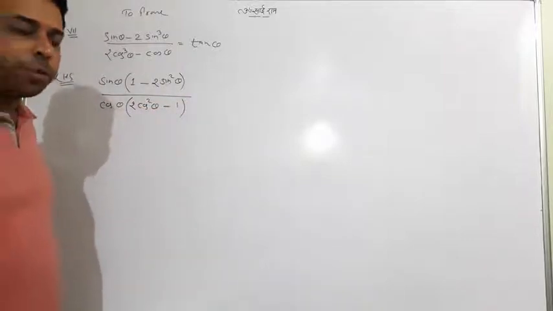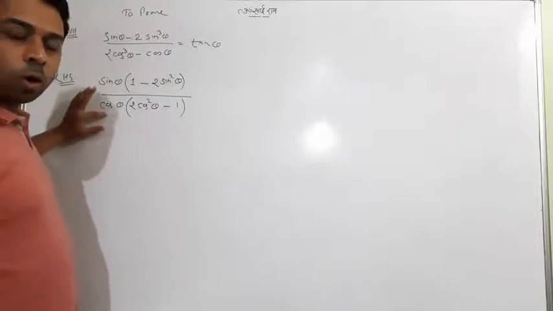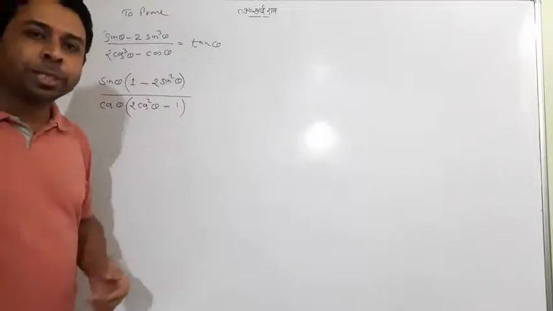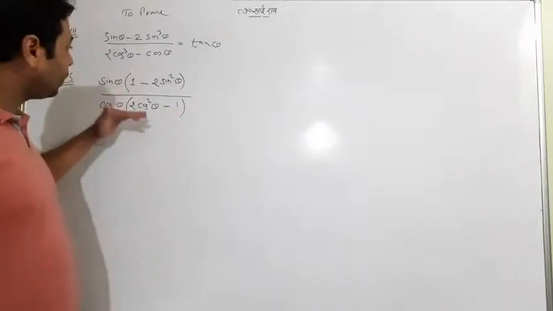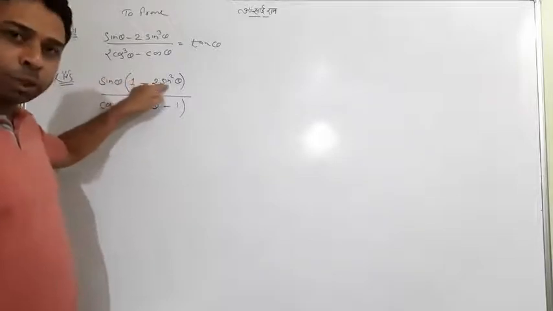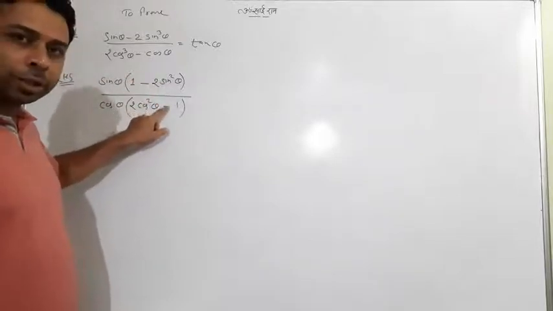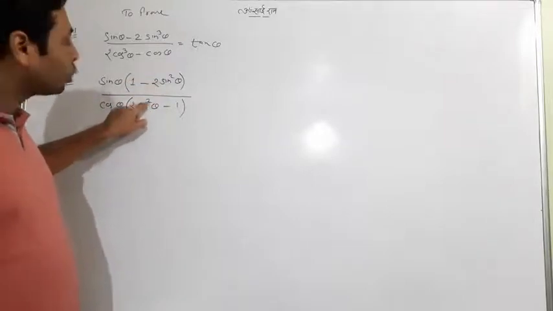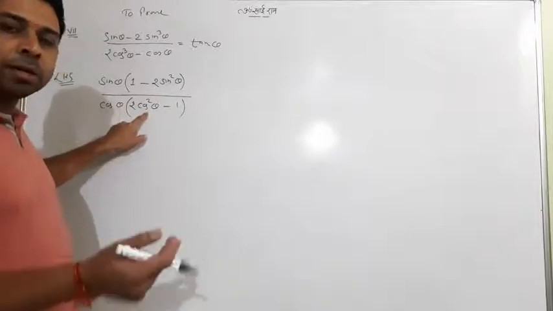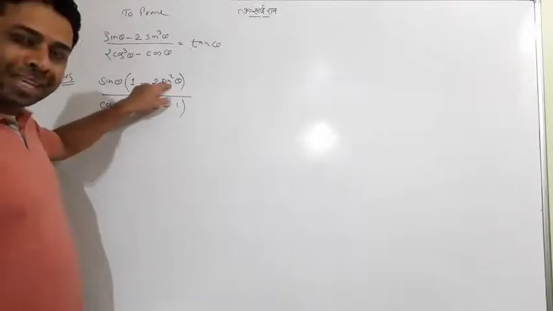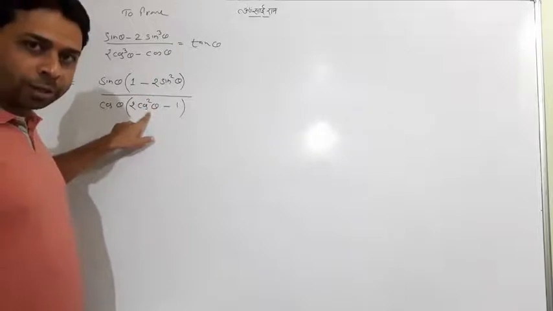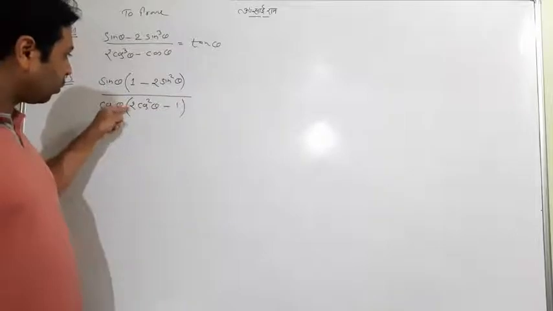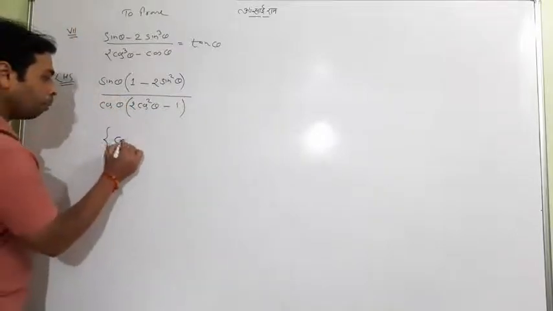If you see carefully, sin upon cos, tan has already come, but this term and this term should be eliminated. So I have a trick to tell you. This is 1 minus 2 sin square theta, and this is 2 cos square theta minus 1. We have sin square theta on the upper side and cos square theta on the lower side. So we turn one of them into the other, since we have a formula for sin square as well as cos square. We will turn cos square, because it is more comfortable, so I change it by the identity.